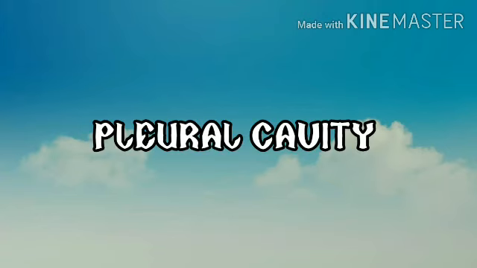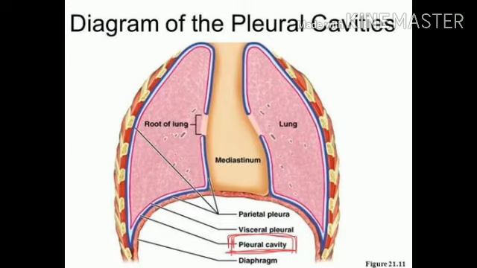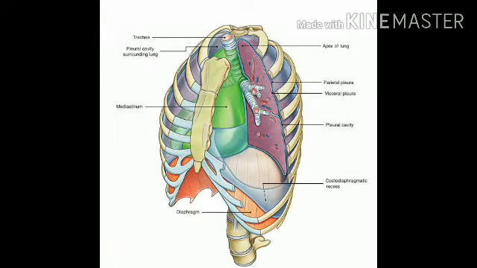We are discussing the pleural cavity. The outer surface of each lung and the adjacent internal thoracic walls are lined by a serous membrane called pleura. The outer surface of the lung is tightly covered by visceral pleura, while the internal thoracic walls, the lateral surface of the mediastinum, and the superior surface of the diaphragm are lined by parietal pleura. The parietal and visceral pleura layers are continuous at the hilar region of each lung.